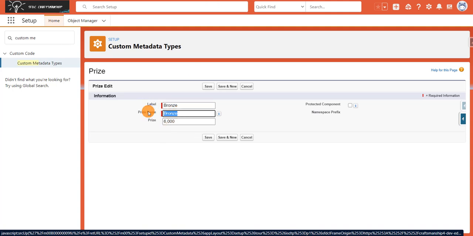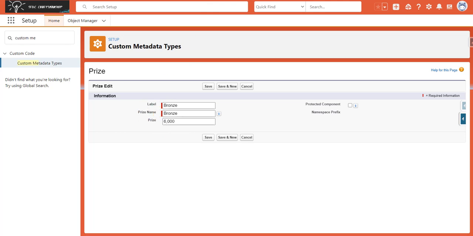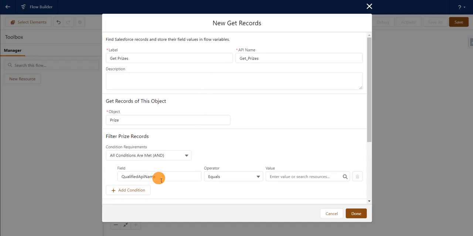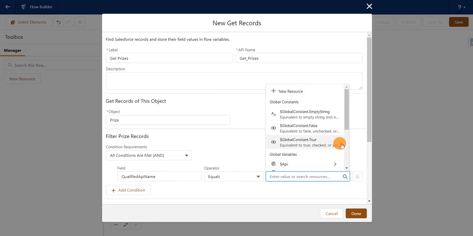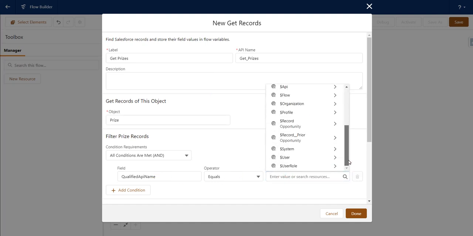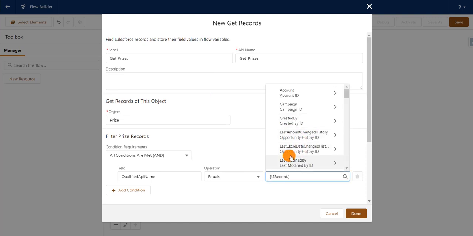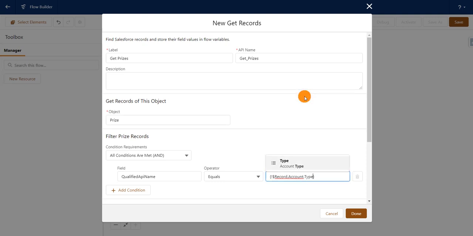This field is called API name. So based on that, we're gonna filter it. Qualified API Name equal to the account type. The account type is coming from the opportunity, from the account, where account is parent dot type.